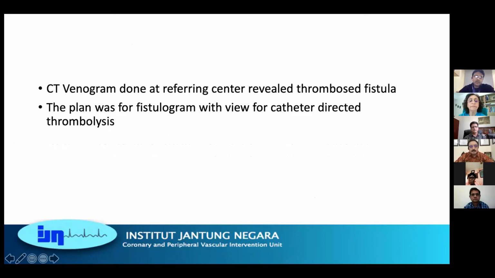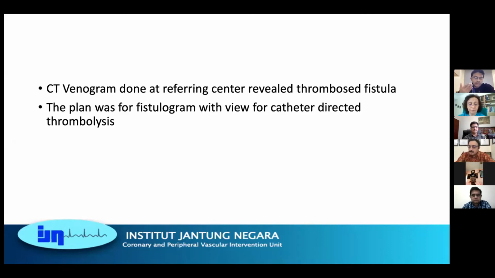Now, I'm not sure how often you guys do a CT scan or ultrasound prior when the fistula is non-functioning. In my experience so far, from all the referrals that I've received for fistula, even for a subclavian vein stenosis, they don't run the proper protocol for venogram, especially the CT scan, and so most of the time when they refer, they say there's a thrombosis or stenosis, and when we go in and do a venogram, sometimes it's actually normal. So for this patient, when I got him, the plan was to do a fistulogram